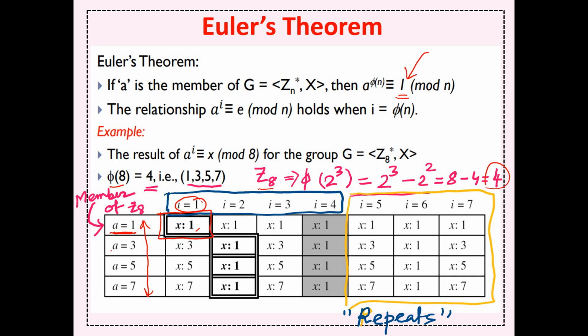Am I clear? Next one, if you observe, A equal to 3. Now we go on multiplying 3 to the power 1, 3 to the power square, like that we go on. But as the base is 8, if you observe that at this point, we are getting a 1. Remember in the previous case, Z10 was there. That's why the order of the element was coming as 4. But here the order we are getting as 2 and we don't need to worry about the identity itself. Listen. So what will be the order of 3? Order of the 3 will